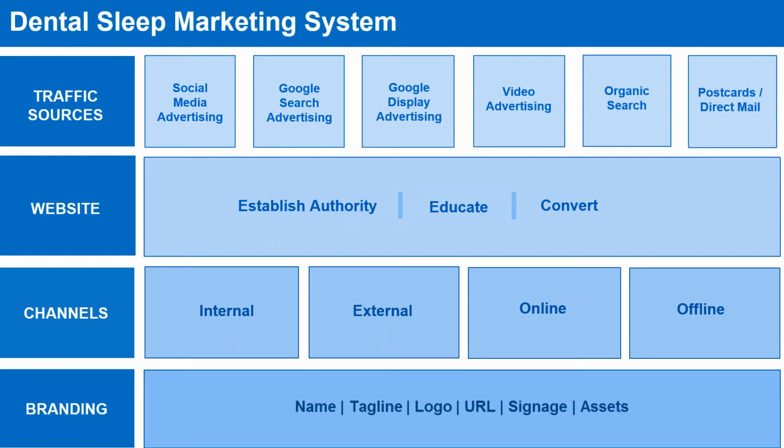And even if you've been having success with physical or relationship marketing with physicians, MDs, you still want to have a direct to consumer strategy to provide you with additional opportunities and diversification. So starting at the bottom of this graphic and working our way up, the first thing we'll look at